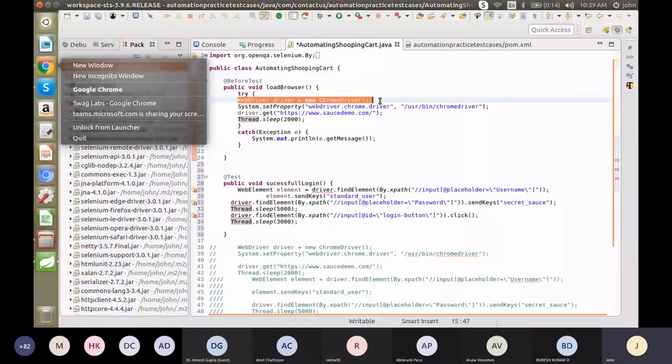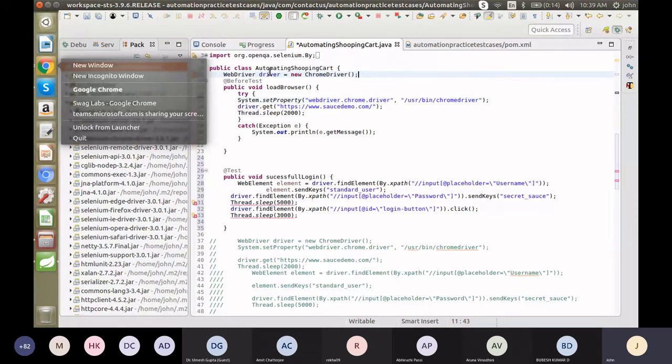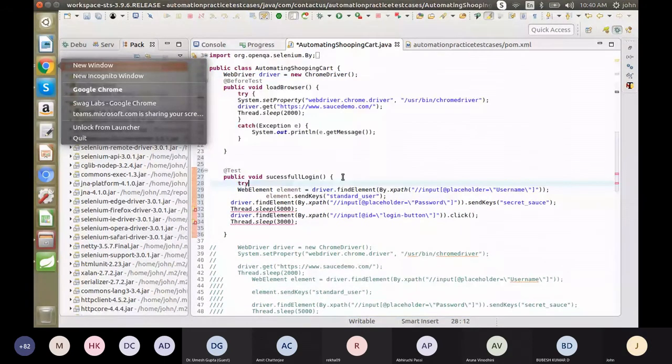So I'm going to cut this one and create the object globally. Now it is working fine. Here I already told you, you have to catch the exception with try and catch or else throws. So put the try, and once the try is done, you have to catch the exception.